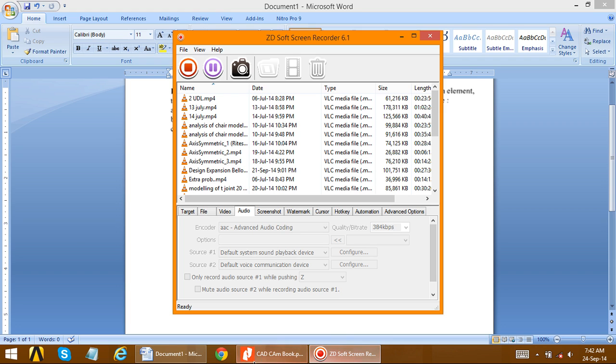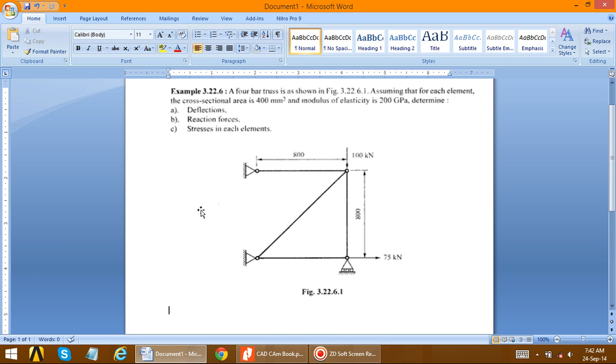So in this video we are going to solve a simple ANSYS truss problem, a 4-bar truss problem as shown in the figure. The dimensions are 800, 800, with a vertical downward force at this node and a horizontal rightward force at this node.